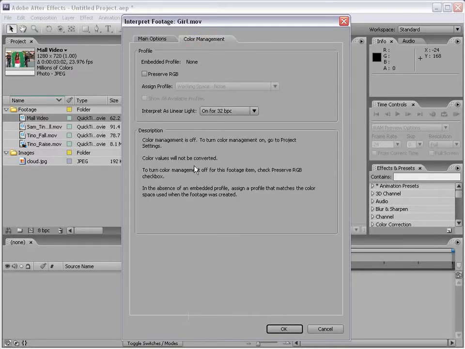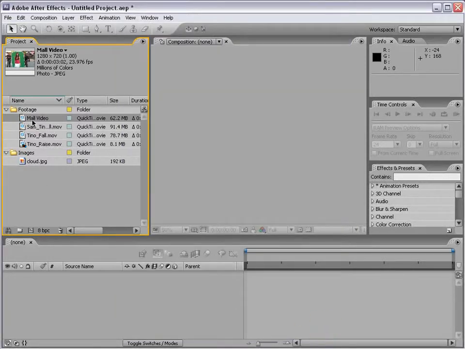Color management options are also available, but we probably won't get into that for now. I'm going to go ahead and hit cancel, and let's take a look at some of the other items available when you right-click on your